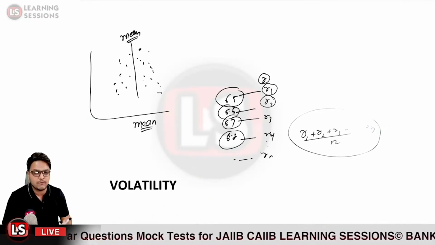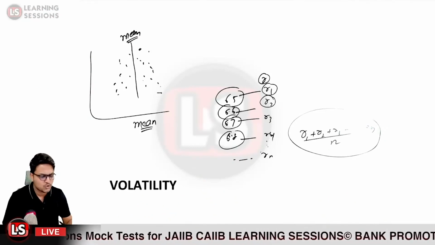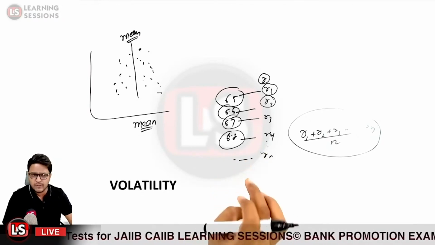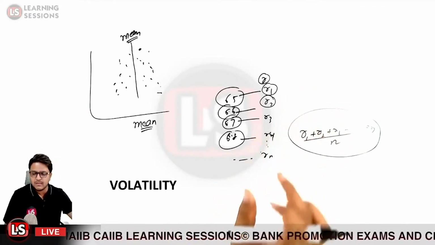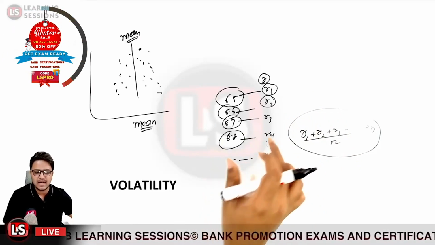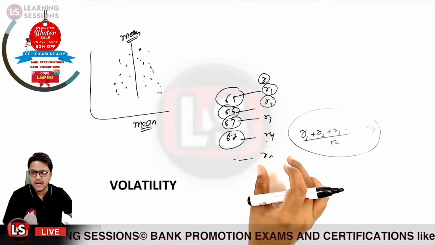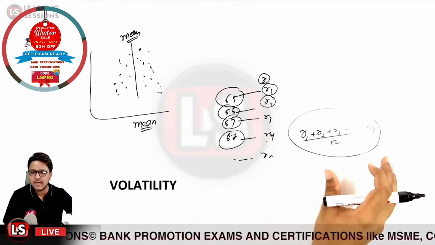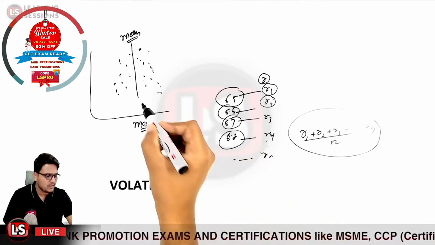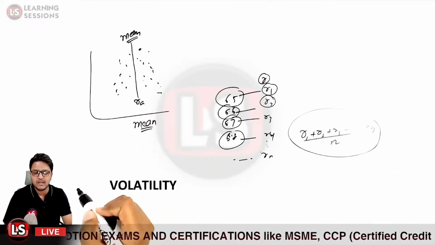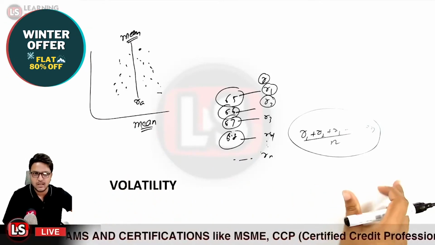Kindly please confirm if you are able to understand it or not. We have the random variable over here, which is R, and under the different scenarios we have different values of R. We just found the average of that random variable, which came out to be RA. We represented the mean value with RA.